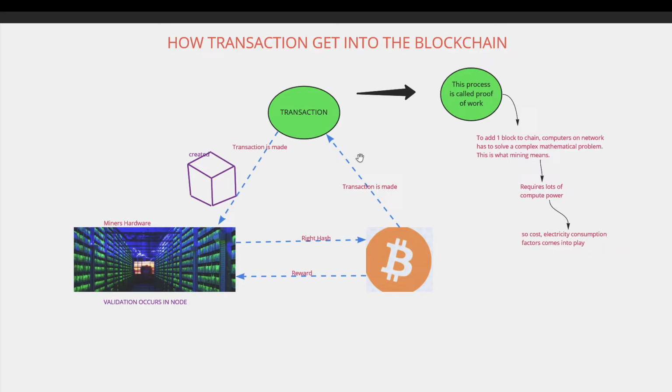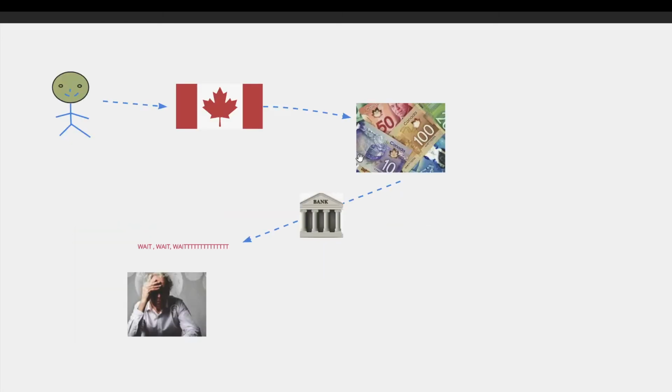So it requires a lot of compute power, as I already said. That means as the blockchain gets bigger and bigger, the difficulty level in determining the cryptographic hash becomes greater. That means more computational power and more time to find the correct value of the cryptographic hash. So that means more electricity consumption comes into play, which you have been hearing about in the news lately. So let's